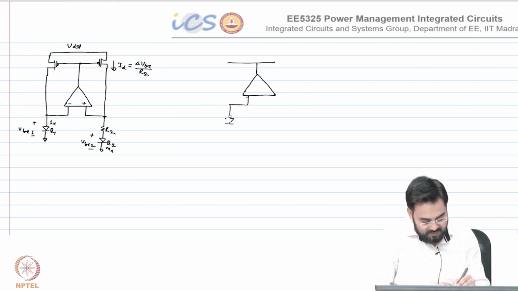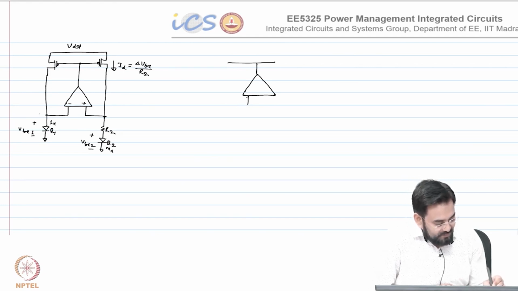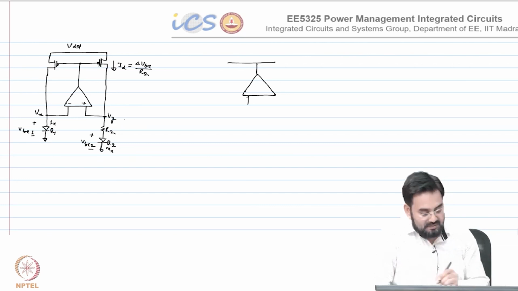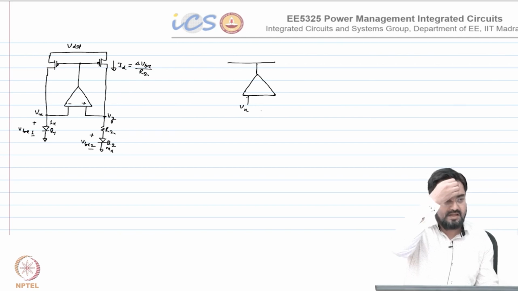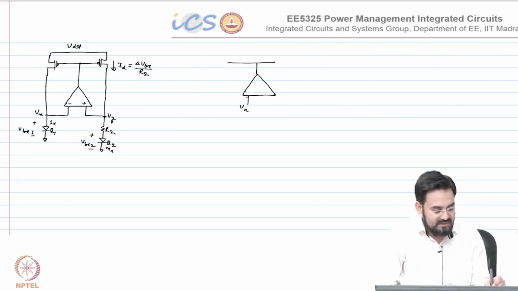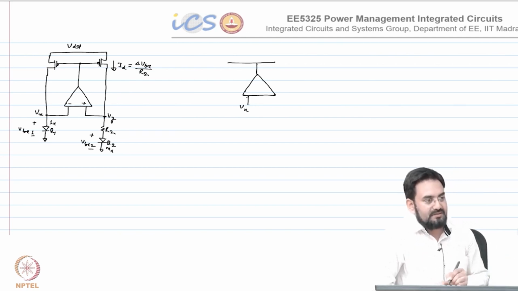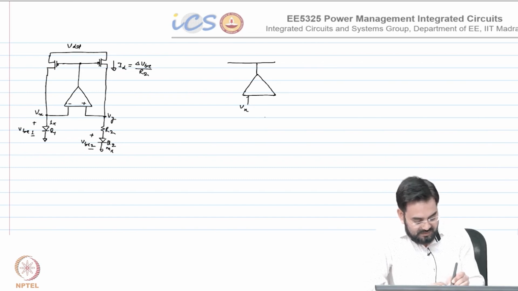In fact, what you can do, let us call it Vx Vy. So, if I connect Vx here, I will get Vb. Why do I need another diode? You already have this, and you just connect it here. Vx minus plus